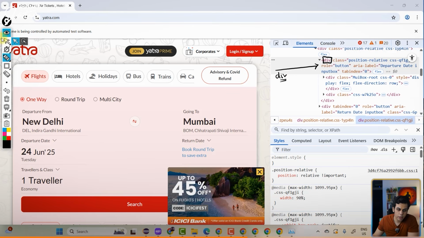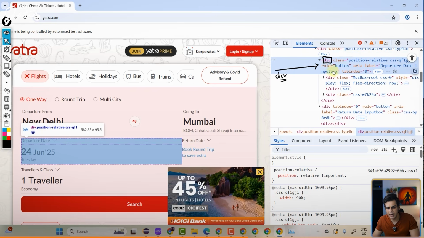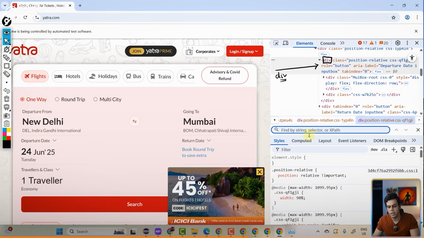Now, over here, we are supposed to write an XPath. How did I get this particular option? Let's close this. You just select the element and you press Ctrl F. This particular text area will be opened. Find by string, find by selector or XPath. We are going with XPath. Now I am telling